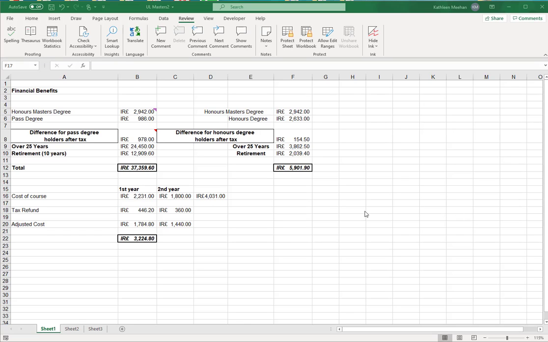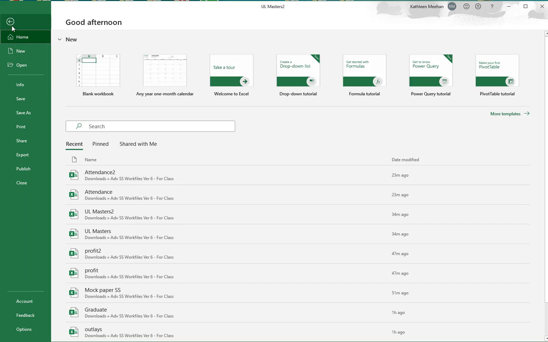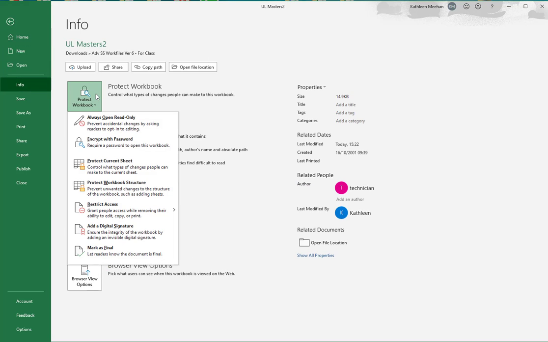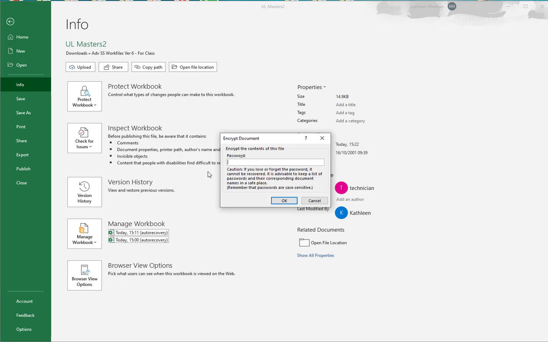Okay, so I'm just going to show you that if you did have such a need to insert a password, this is how you would do it. Your file is in front of you, and again I would go to File, I'd go to Info, Protect the Workbook, and in here I would say Encrypt with a password. In here it would ask you what is the password that you want. Now I'm just going to put in my own name, Kathleen, with no capitals,